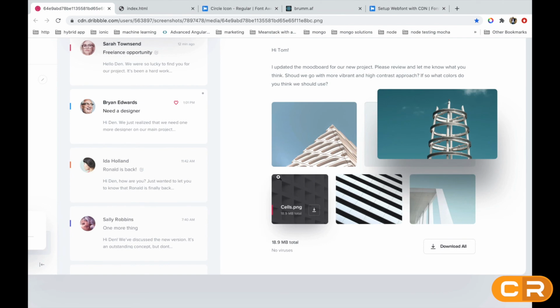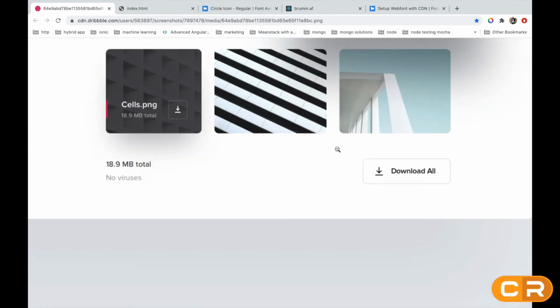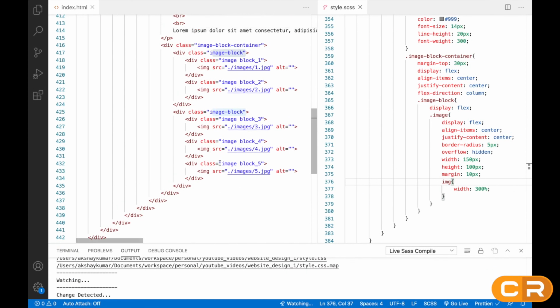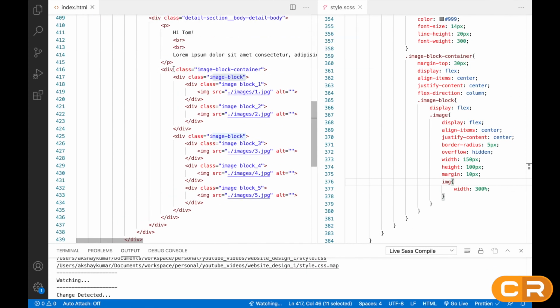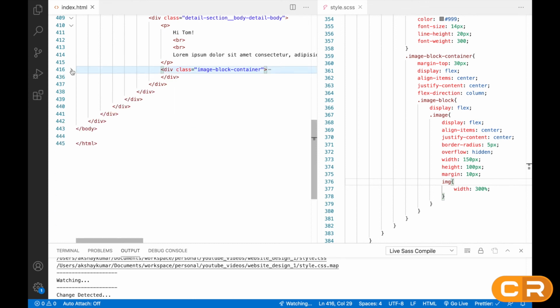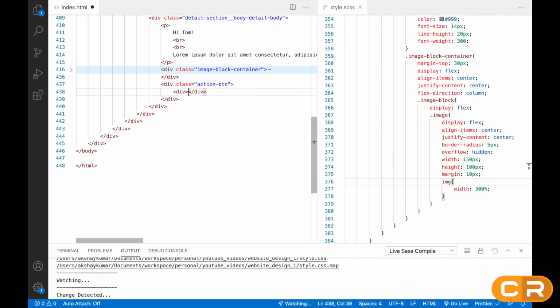After this we need to create this bottom section, right? This is the last section here, this one. After this image block container, we'll create one more div and the class name will be action button. Here we'll create two divs, one left side and one right side, like this.